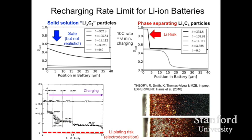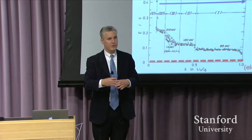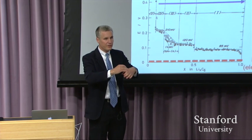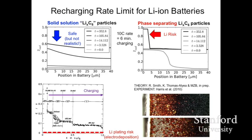Or we then switch to a situation where they are phase separating, so everything's otherwise the same. And then you try a simulation of charging the battery. What's plotted here is the surface concentration of lithium in the solid. So basically, right on the surface of these particles, what is the concentration? Because then you know where you are on this plot to know what is your risk of lithium plating. Because if the concentration goes to 1, this falls off a cliff, and basically you could easily start getting metal